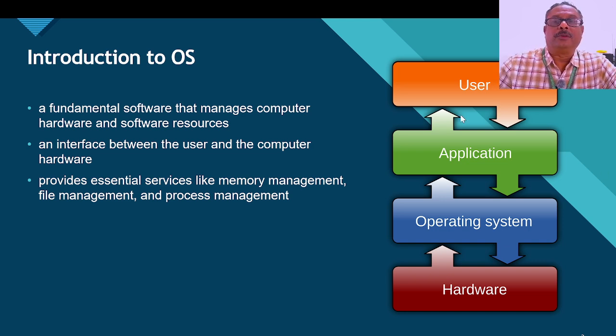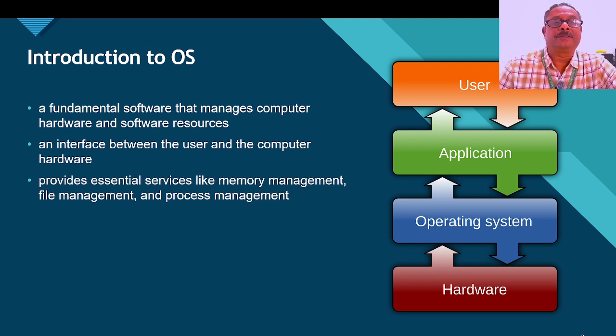So the user started working with high level versions called applications, and these applications are built to make some actions possible, but these applications are also built at a higher abstraction, and to make sure that the applications interact with the hardware the proper way in spite of high abstraction, what we require is one middle layer,